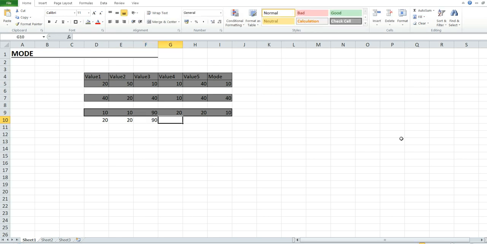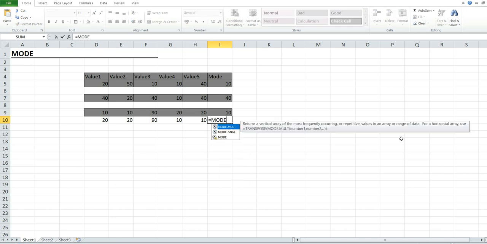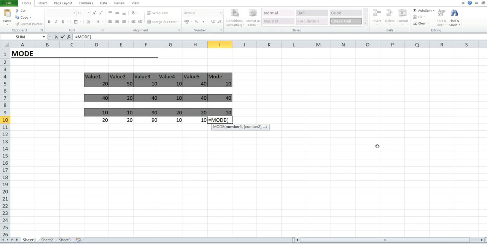Again I'm going to use 10 and again 10. Now let's see what the result will be. So I'm going to use the MODE function here, select the criteria, close parenthesis, press enter. You can see here we got 20 as the result.